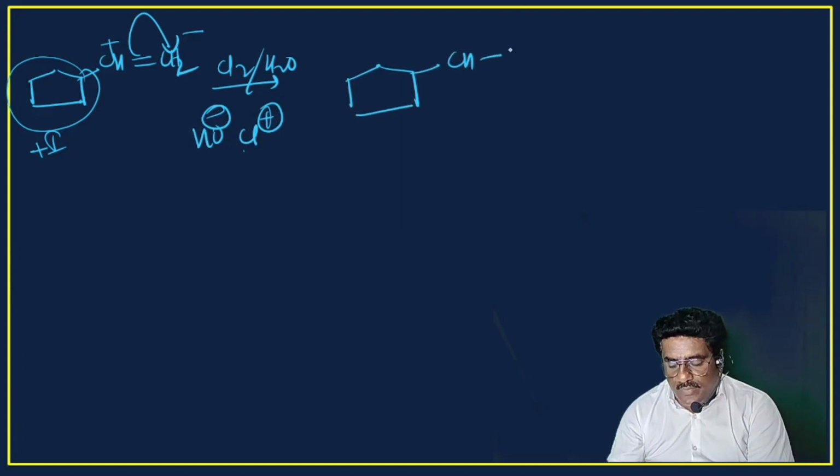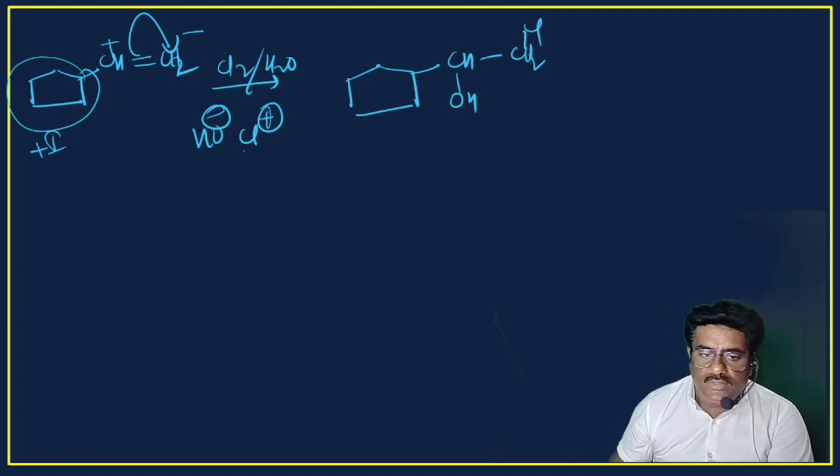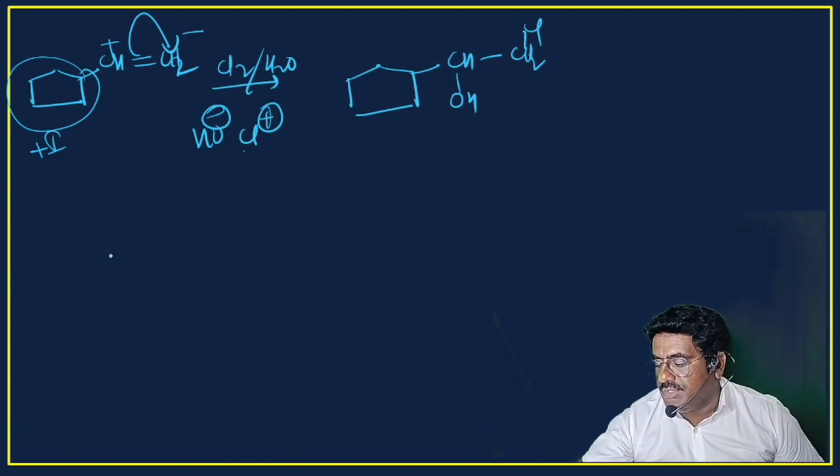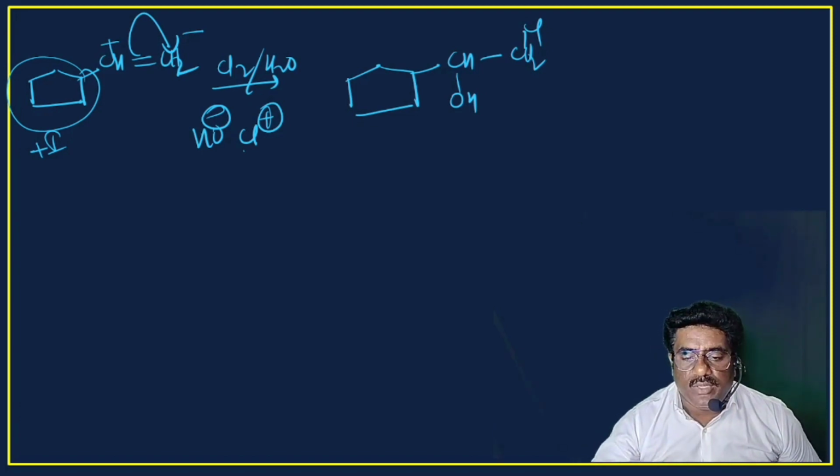What product? It is CH2Cl-OH. This is the product. This is addition of halogen. Yes. Next, coming to